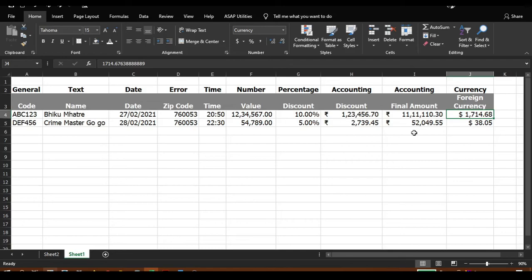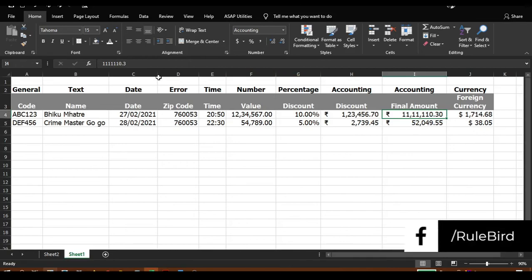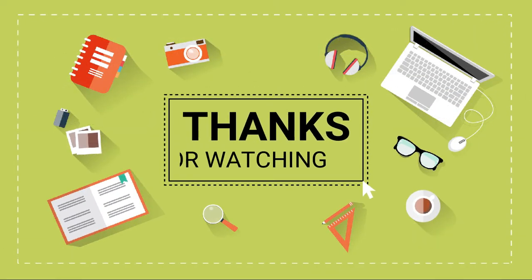Remember that we are not changing any actual value of the cells. Here you can see that I have not changed the actual value of the cell. You can see in the formula bar that we are just making the formats correct. We are not changing anything. So from now onwards, make sure you use the right formatting and it will make your data look much better.